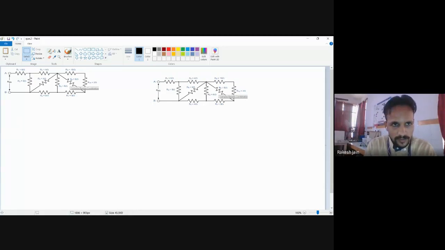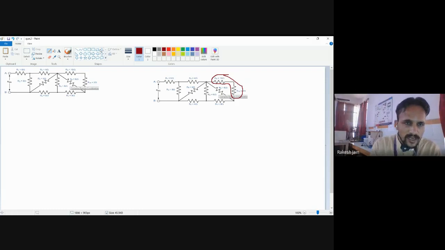Now first of all, look at this brown color line which I am going to make. This 10 ohm resistance, two terminals are this one. This 2 ohm resistance, two terminals are this one. They are connected here. So one terminal is connected with each other, and the another terminal of 10 ohm is connected somewhere else, and 2 ohm resistance connected somewhere else. So these two resistances, 10 ohm and 2 ohm, are actually connected in series.